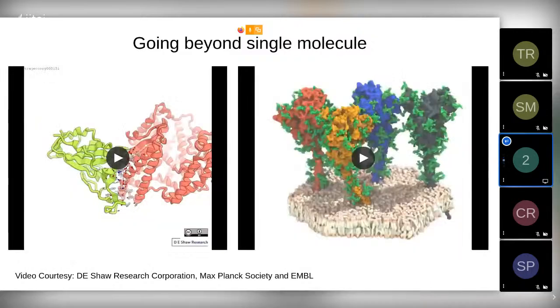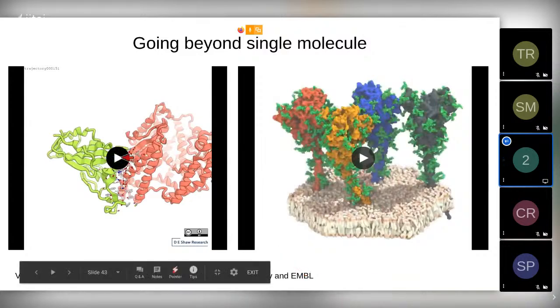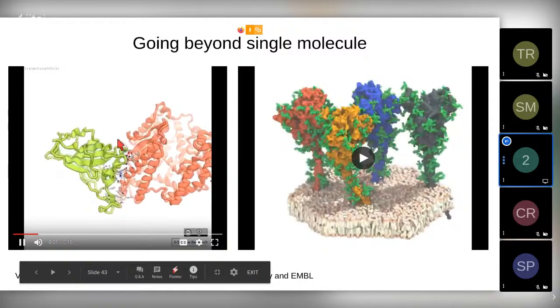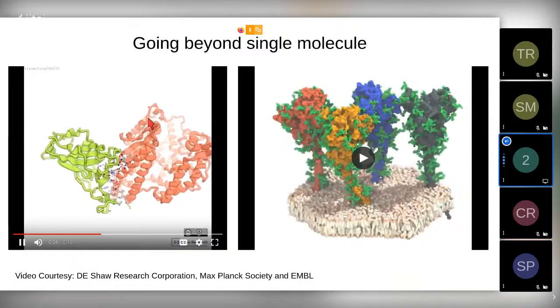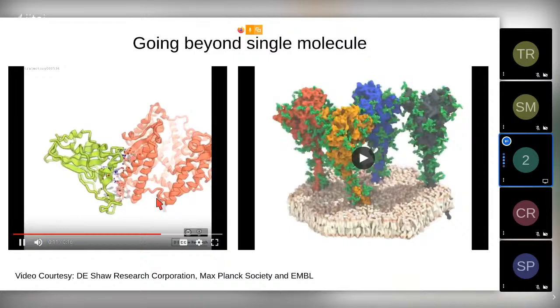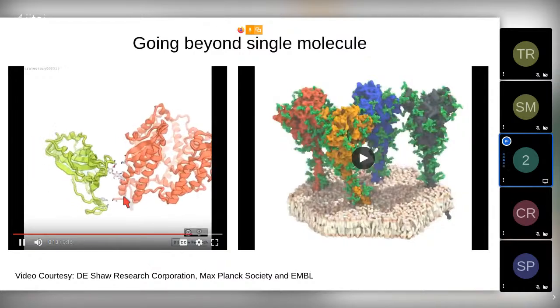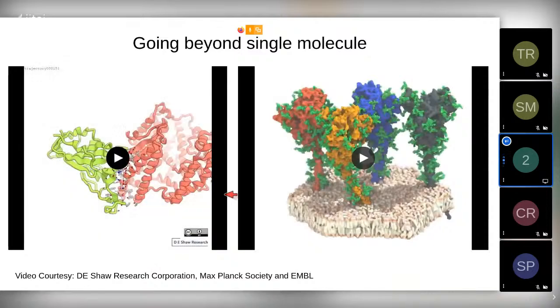So another endeavor is going beyond the single molecule approach of molecular dynamics, because now we have much better computers than what we used to have 10 years ago. So now we can actually look at molecular interactions as we see in this video, where the receptor binding domain of the coronavirus spike protein is binding to the ACE2 receptor of the human cell, and multiple binding pathways of this process can be explored for two different proteins. These were difficult to do earlier, but it is now possible,